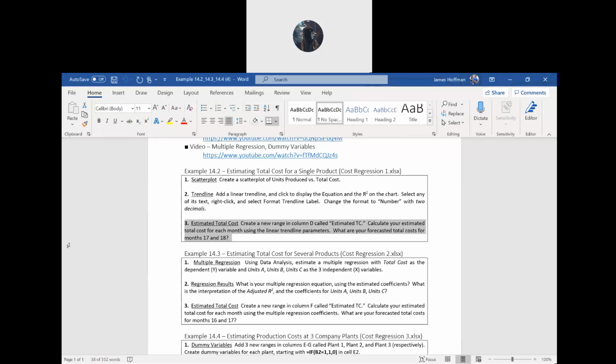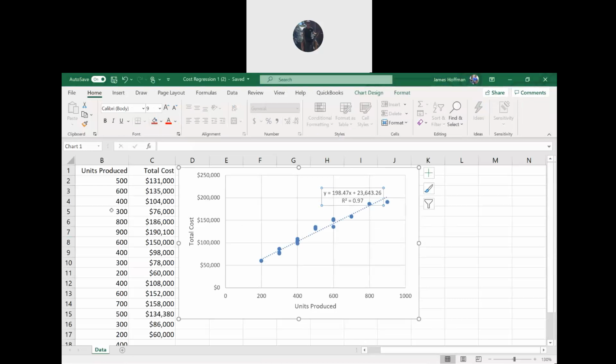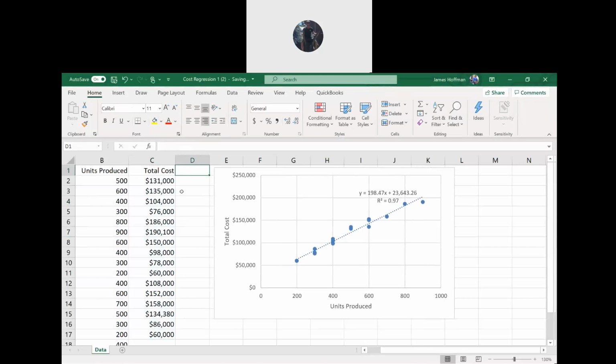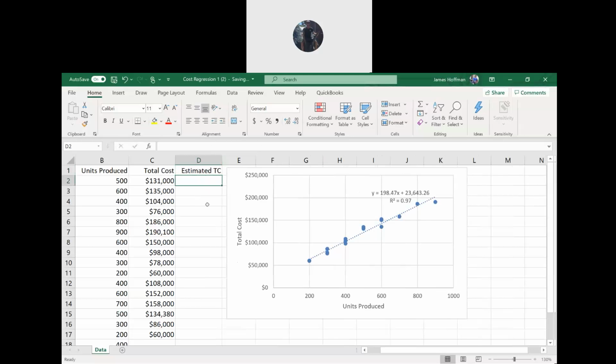So to finish this, let's go back to the spreadsheet. I just moved the scatter plot over one. And so in column D, let's call this title Estimated TC, for estimated total cost. Let's get the estimated total cost based on the equation we got in the trend line. So let's just type it in right here, in D2, equals